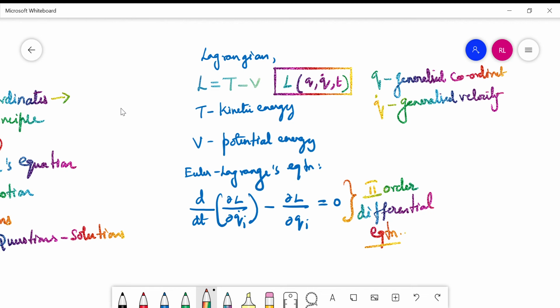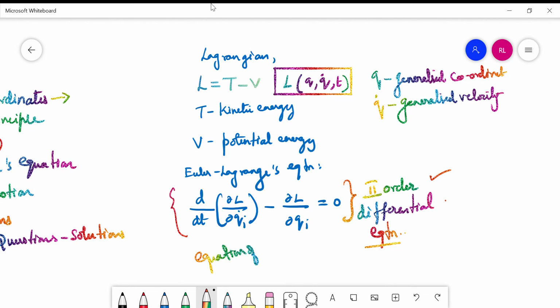are found in this Lagrangian. Okay, once we write the Lagrangian for the given system, the Euler-Lagrange equation can be derived with the help of D'Alembert's principle, and this is the equation for the conservative system. For the conservative system, we can write d by dt of dou L by dou qi dot minus dou L by dou qi is equal to 0. This is the Euler-Lagrange equation, which is a second order differential equation. And once you solve this, you will end up with the equation of motion